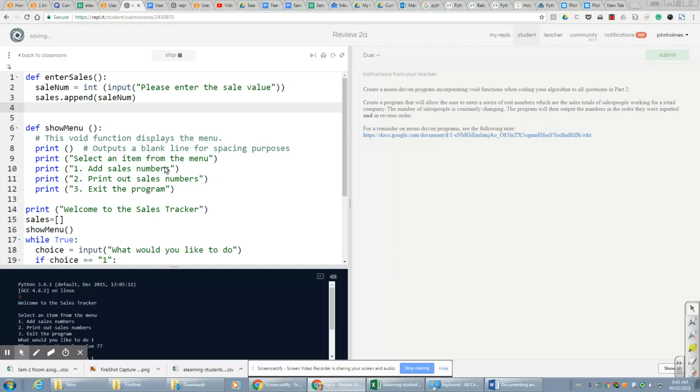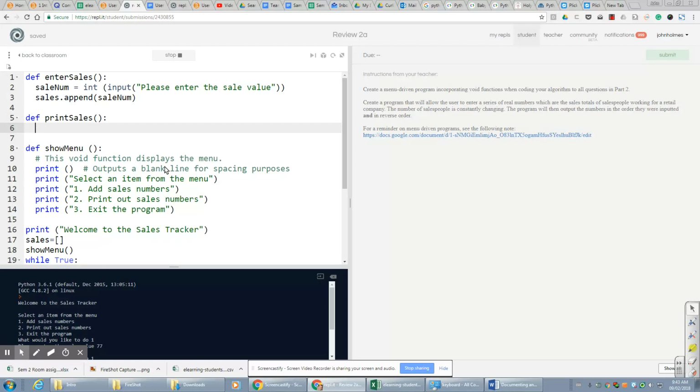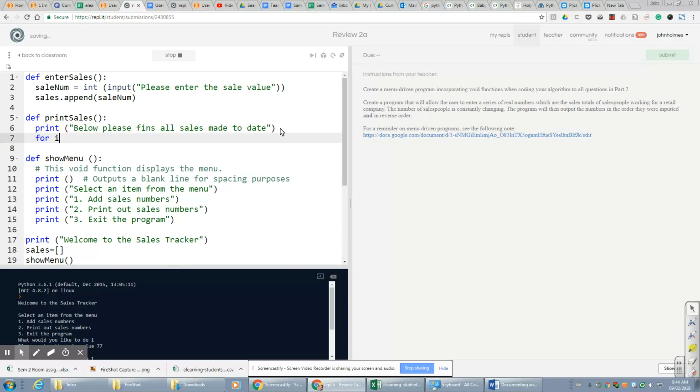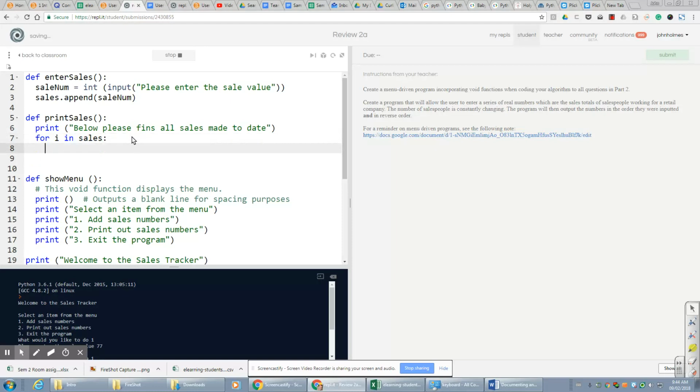We also want to be able to display these. So I'm going to define a print sales. And what I'm going to do is I'm going to say print below, please find all sales made. And what I'm going to do is create a loop for i in sales. Now, sales is my list. Oops, I got to have a colon. I'm going to print